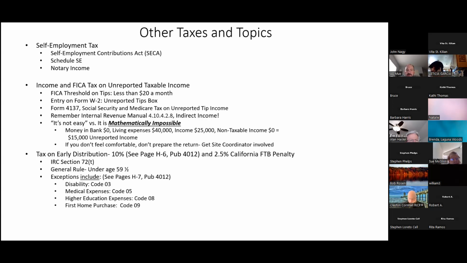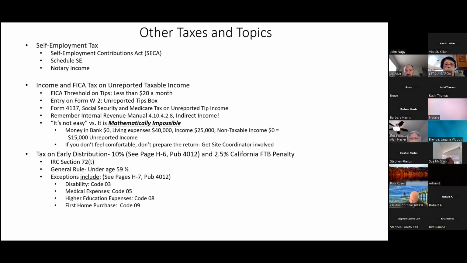Okay, so for tips, this is the important thing. Again, we're not auditors, but sometimes you're going to have someone who receives tip income. And here's the rule. If you receive $1 in tip income in 2023, that's going to be reported on your tax return because that's considered part of gross income. And you have to pay FICA, the Federal Insurance Contributions Act, on unreported tips. And so you've got to do that.